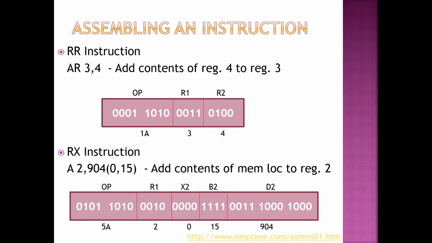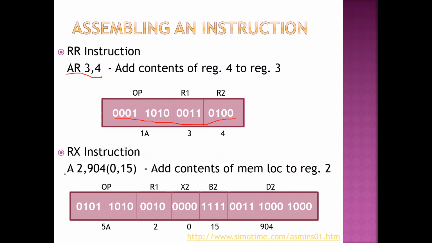Say, for example, when we studied the instruction types, if an instruction AR 3, 4 is in front of you, you definitely know the format, and based on the format you know how to write it this way. Yes or no? So what have we done? We have actually assembled the instruction. The instruction which we had in assembly level language form, AR 3, 4, is now assembled into zeros and ones. This is what we have done.